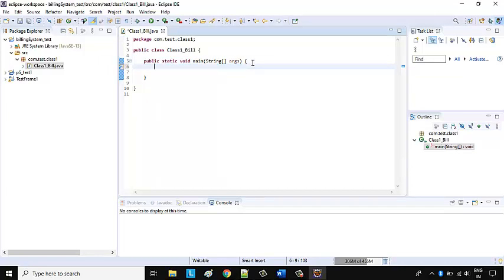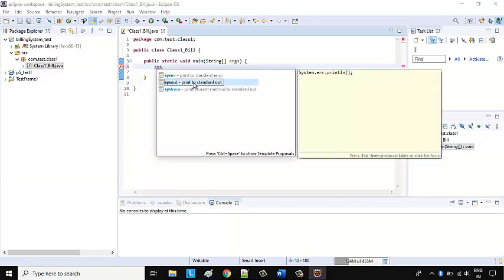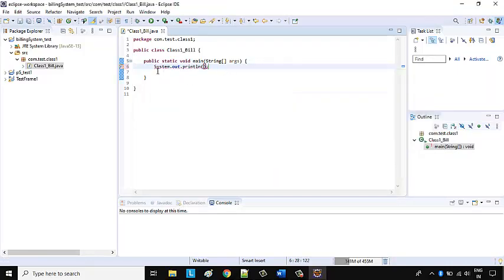So what we need to do is just verify whether our system supports it or not. We write System.out.print, and we say hello. To check whether all the integration part is working fine, and the project is working fine, this is the best way.